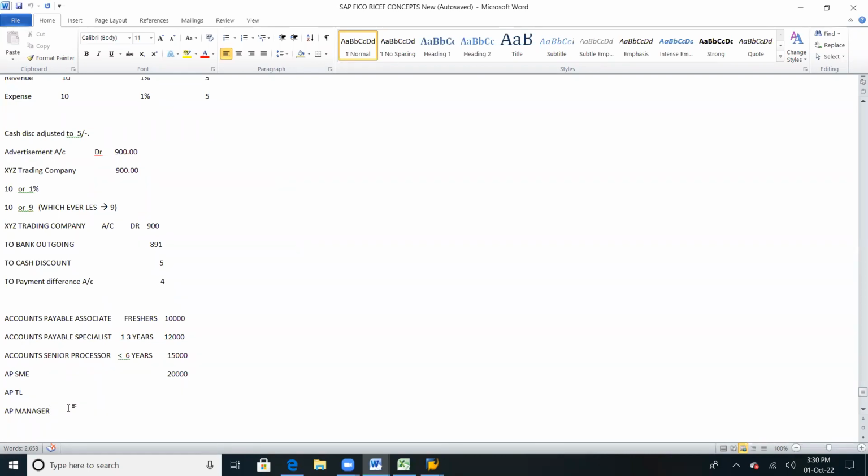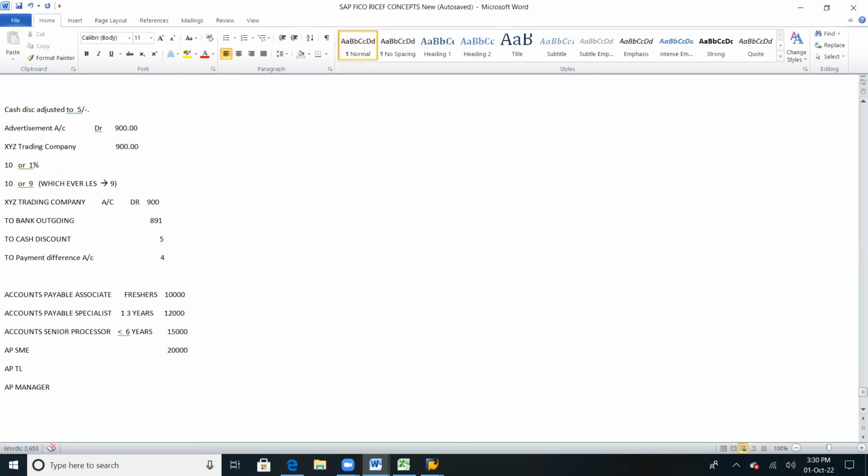What do you mean by posting key? Posting key is nothing but which represents the debit line of the entry and the credit line of the entry in simple terminology. But in manual accounting, how will you recognize whether it's a debit or credit? For example, if I say that,